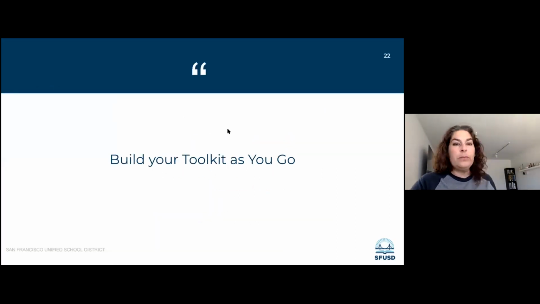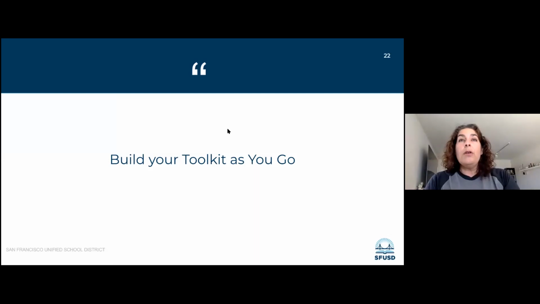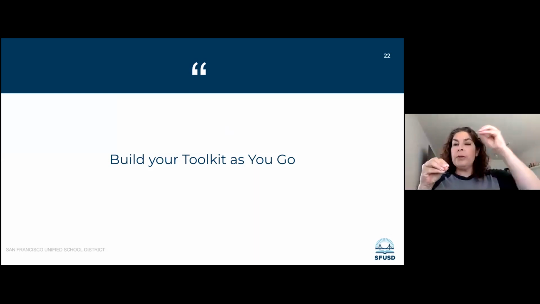So the thing I have to say is this. Again, I say build your toolkit as you go. I'm giving you a lot of information today, that's for sure. But think about maybe 1, 2, 3, 4 pieces that you're going to use next week. And think about holding on to some of these strategies for a little bit later, because we want you to build your toolkit as you go along, right?